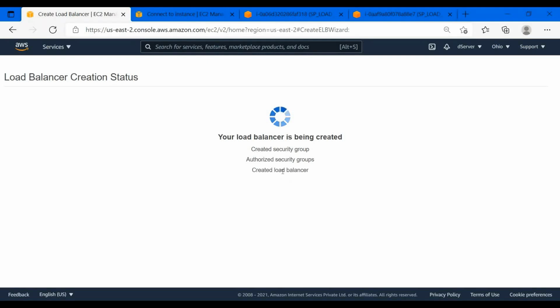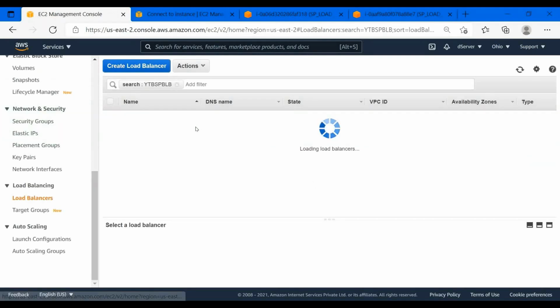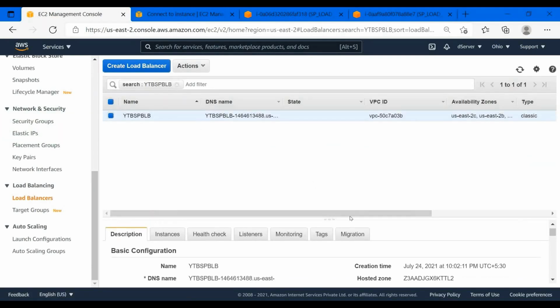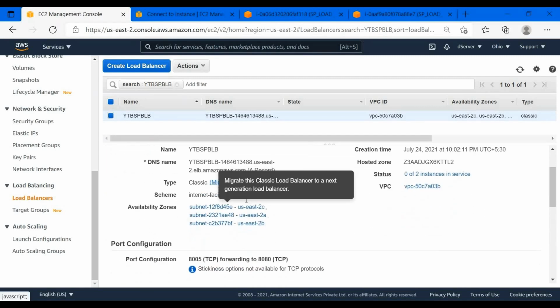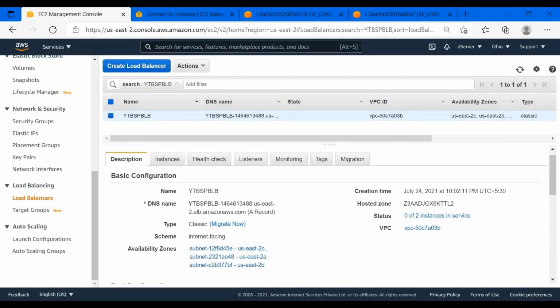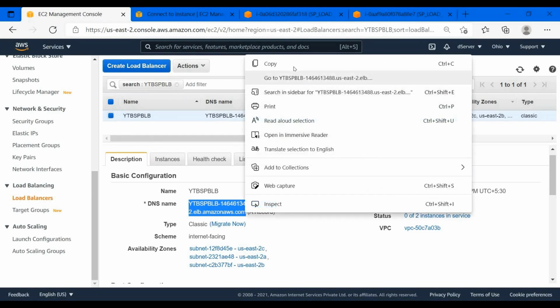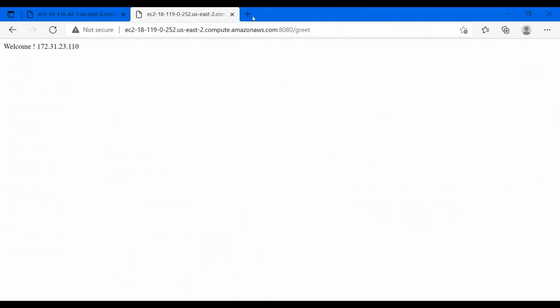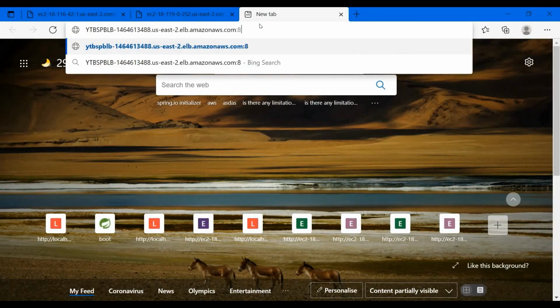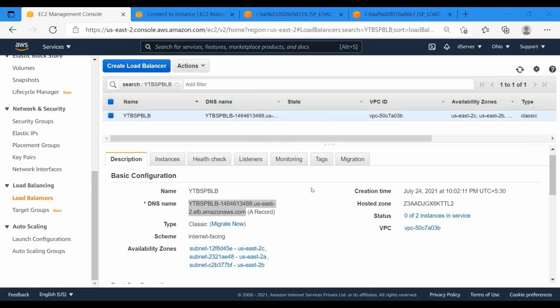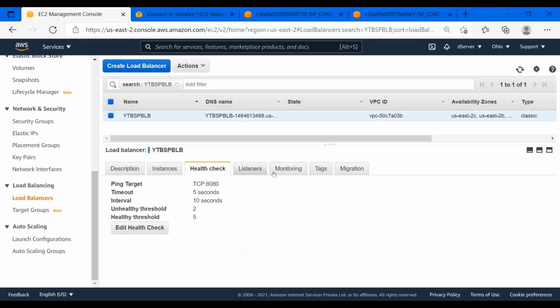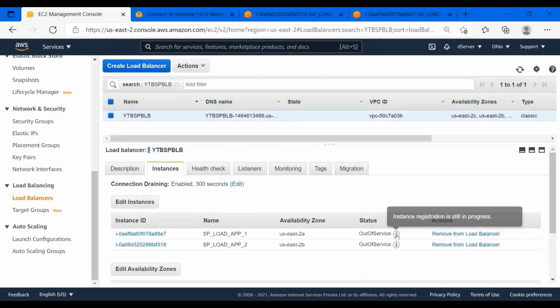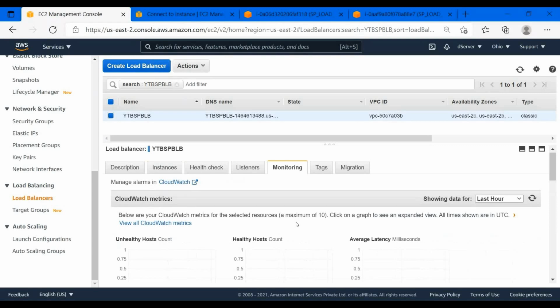Right now we have successfully created a load balancer. This is the public DNS of the load balancer, the DNS name through which we are going to access. You will provide your clients or whoever the users are this URL, not the instance URL. It is not working yet. The reason is we configured it in such a way that after 3 attempts it will consider our instances healthy, and only after that health check will it start working.